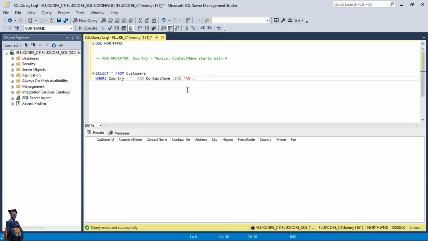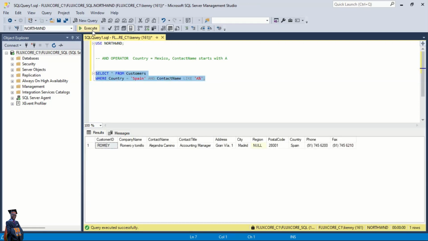Let's take back this one. Maybe let's say Spain this time. Let's check if we have one. That's one. And country Spain. And then let's also include